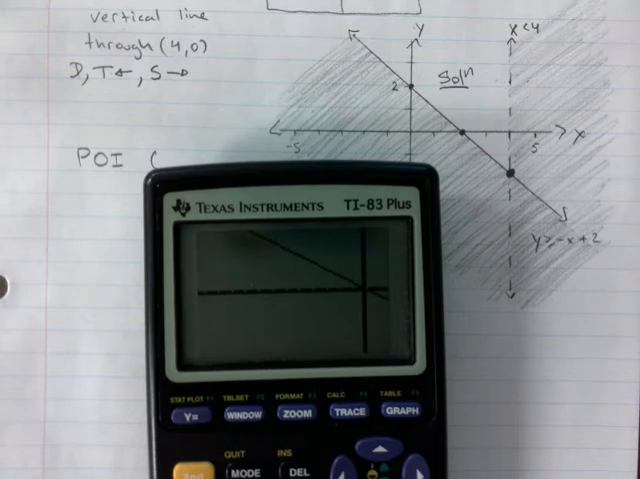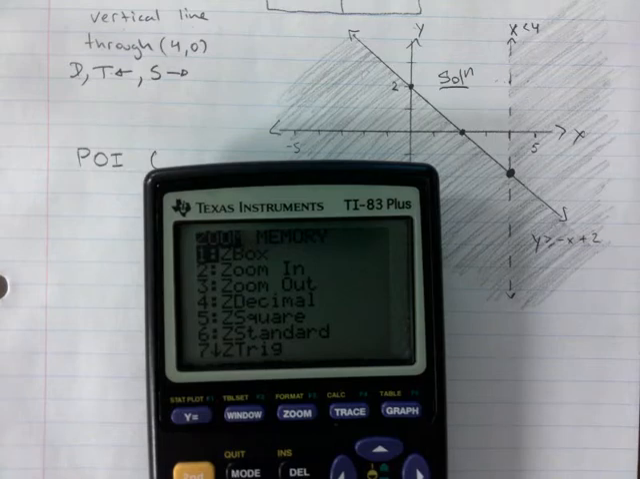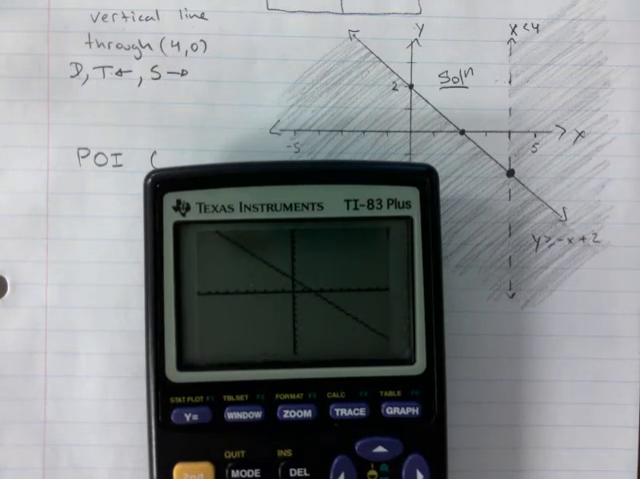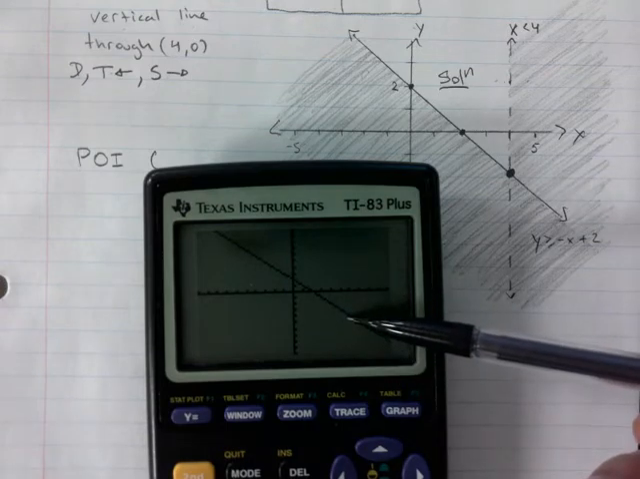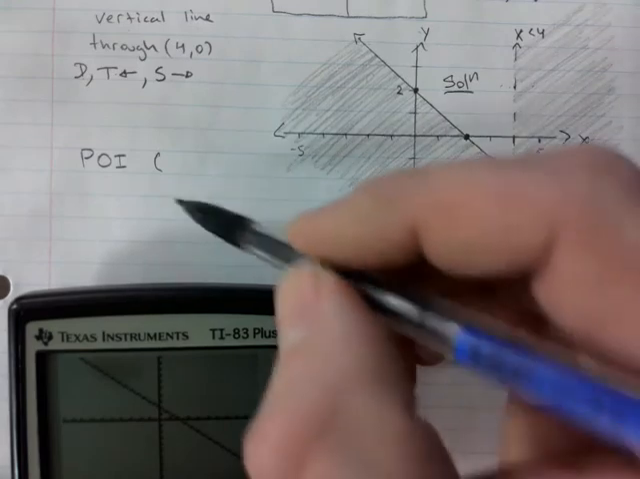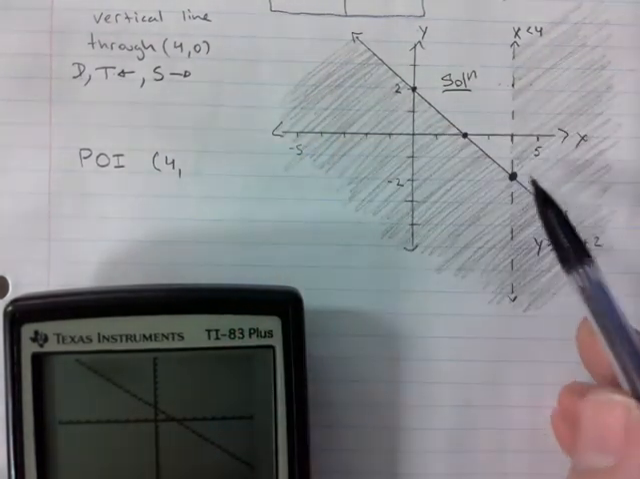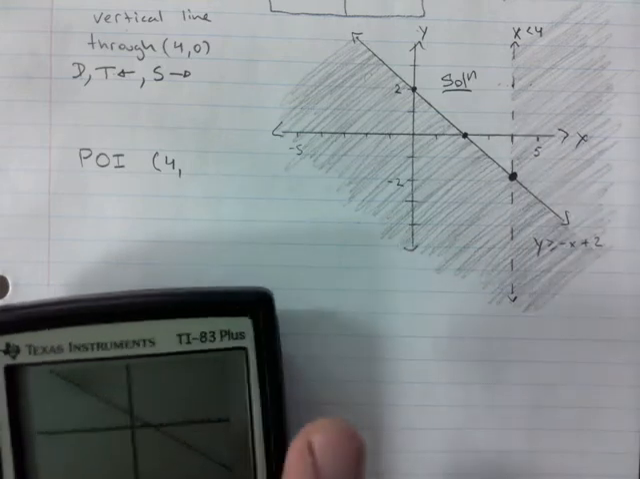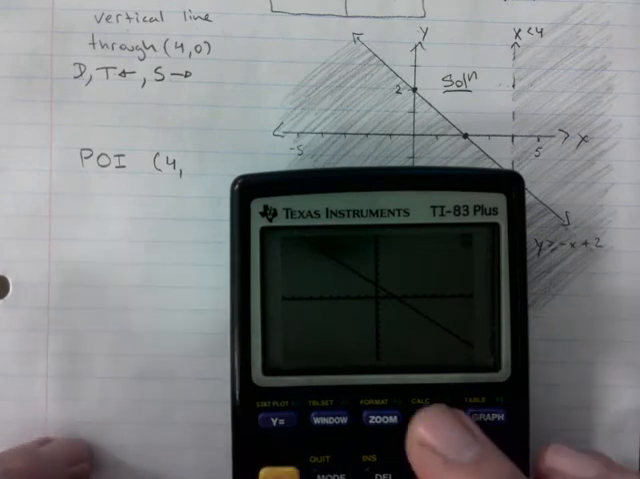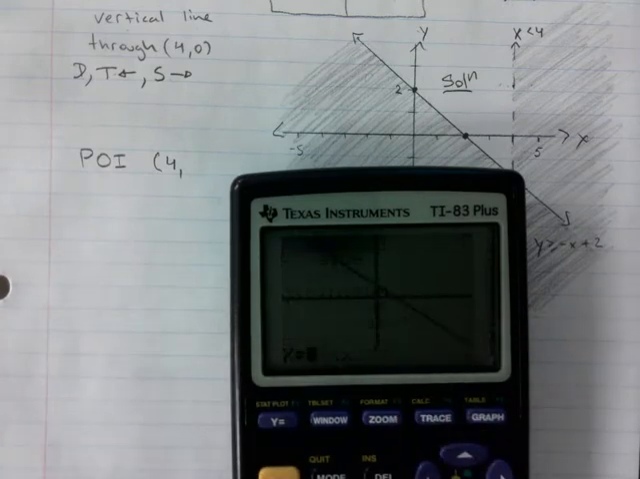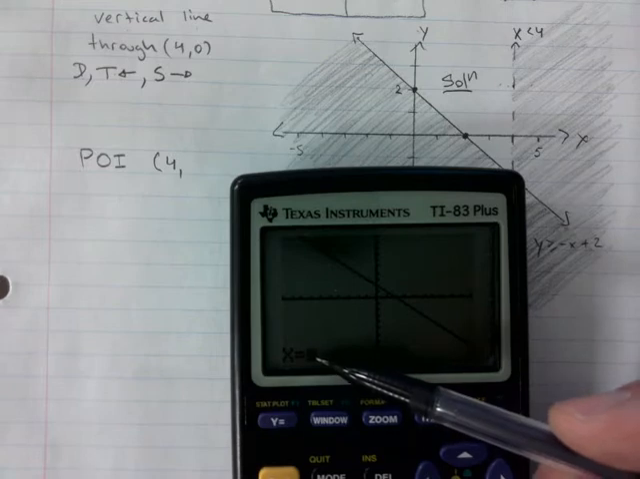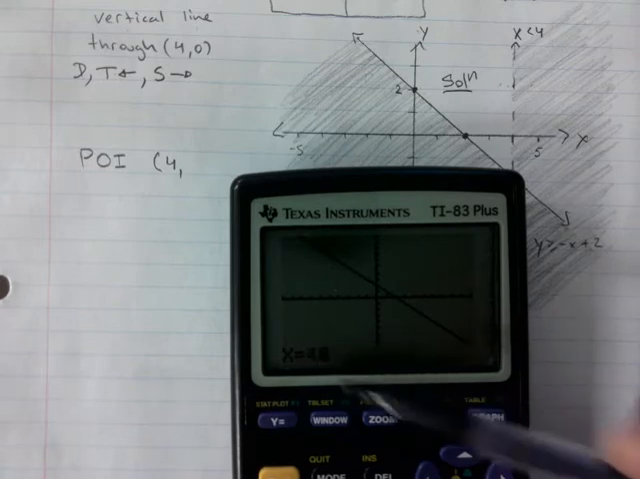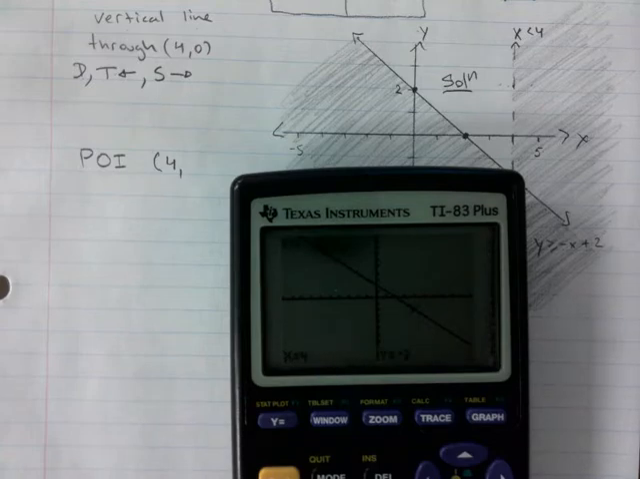And I should probably go zoom 6, right? If you have any window issues, zoom 6 gets you back to the standard window, and that'll do it for us, okay? I need to figure out when x is equal to 4, because on this particular point, x is equal to 4. No doubt about that. So we're going to go second trace 1, and then it's asking us what x value would you like me to find, and I will hone in on the 4, and there it is,